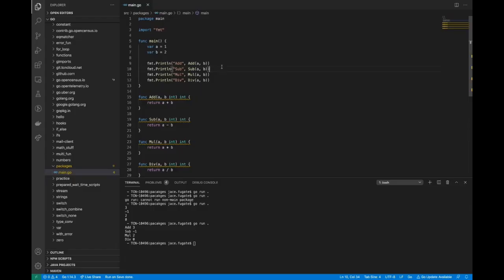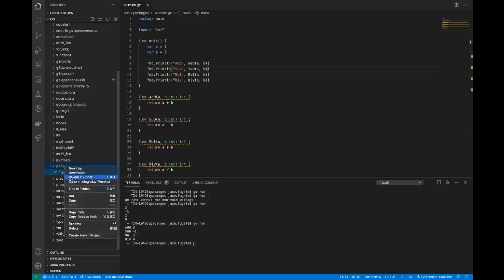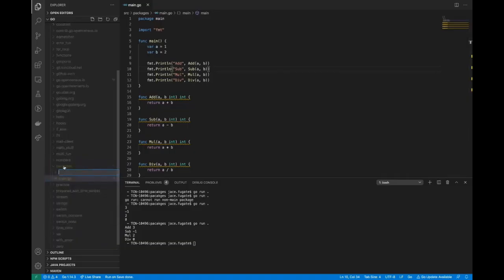We have really simple functions. But what if we don't want these like arithmetic functions to clutter up our main package? We want the main package just to be like the setup, and that's it. So we can create a sub package or subdirectory in the package that we're currently working in. So the package that I have, it's called packages. Inside that,